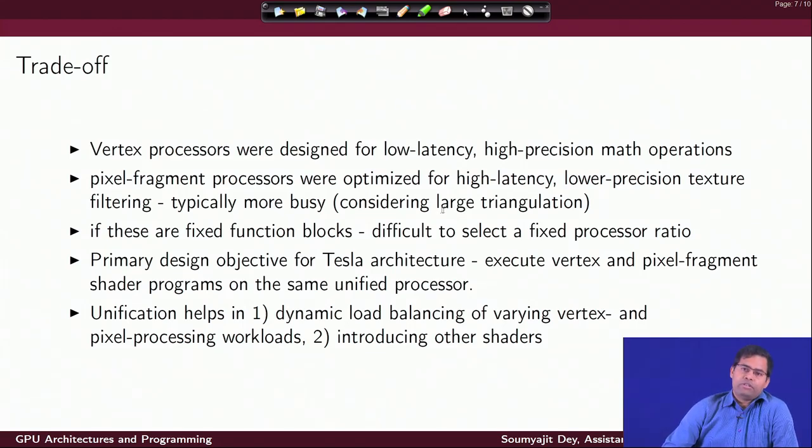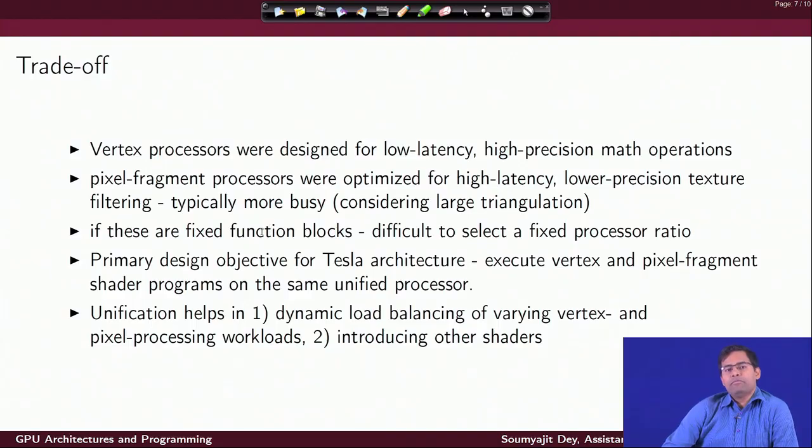If it's really as has been thought here, that is large triangulation, then the vertex processor will be operating on a lesser number of points. So, this idea would hold that yes, it can work on a lesser number of points, but compute in high precision, whereas the next level will have a lot of things to do per triangle. They work on low precision. However, if the triangulation in the input image is small, then the vertex processor will have a lot of things to do, because there are a lot of triangles in the input, a lot of vertices to process, but for the pixel processor the per triangle job is reduced, right.